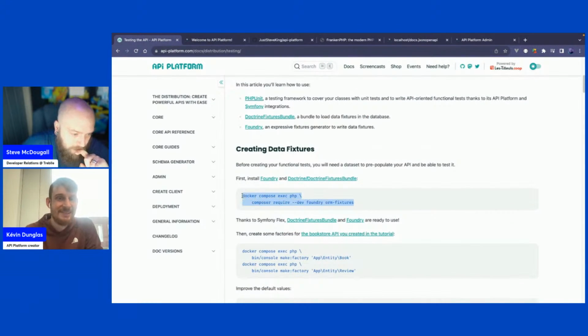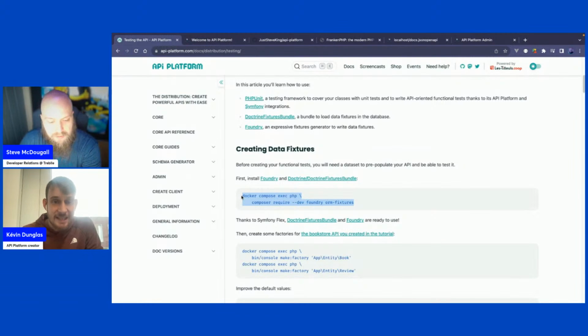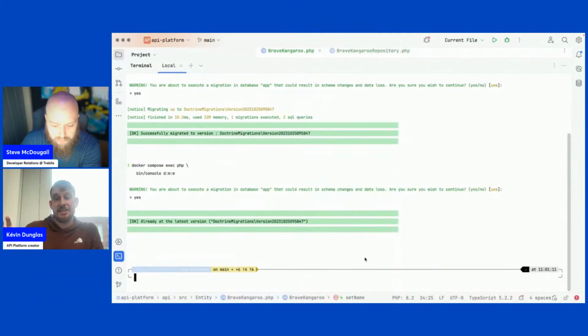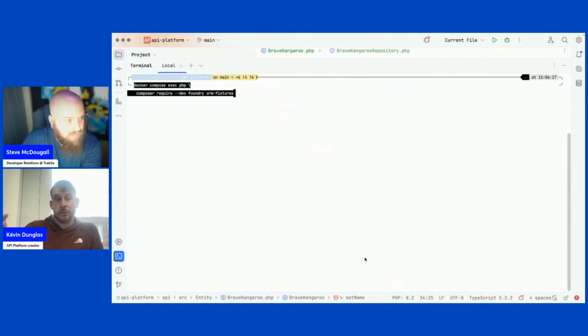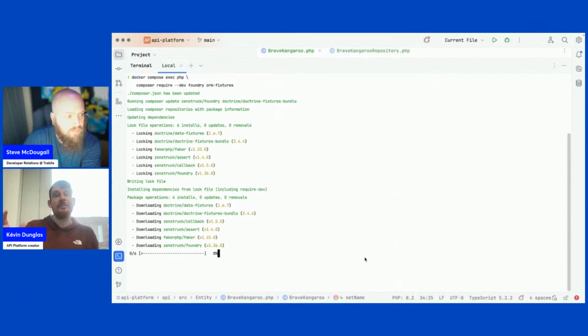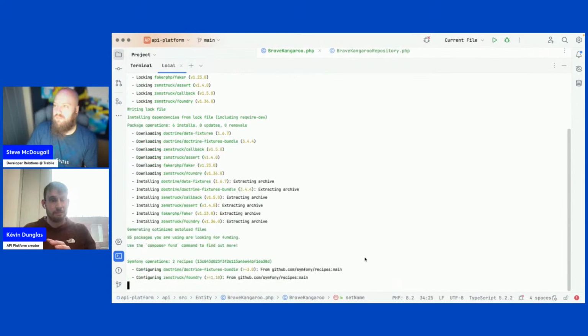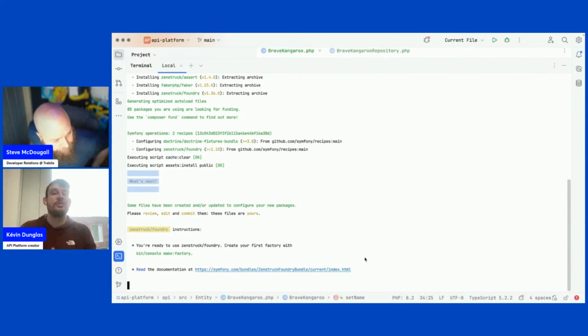So, install Foundry. Yes, Foundry is a PHP package maintained by a core contributor of Symfony that is basically bridging the Doctrine fixtures and Faker and adding a lot of cool features on top of that.